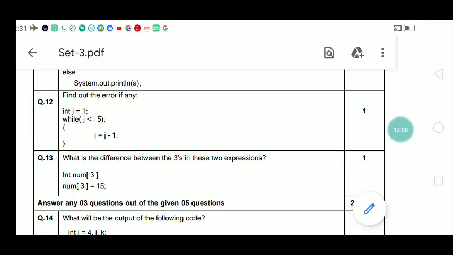So to rectify it, you have to make two changes. First of all, the semicolon has to be deleted from your code, that is after the while clause, and you should rectify the counter, that is j equal to, instead of j minus 1 you have to write j plus 1. Okay,